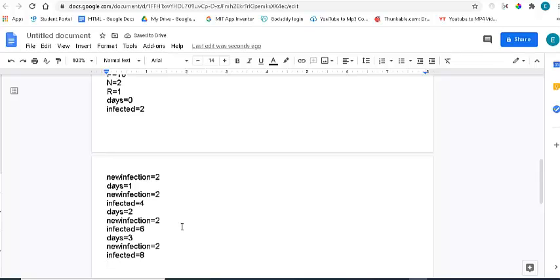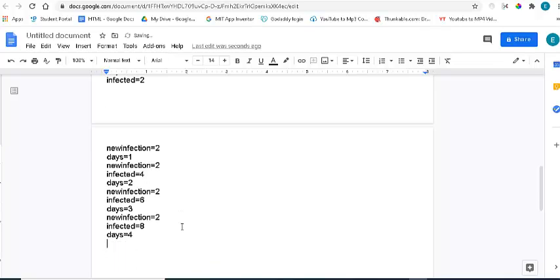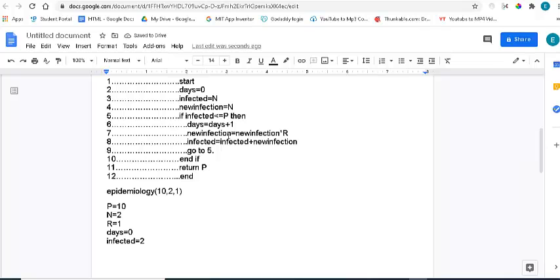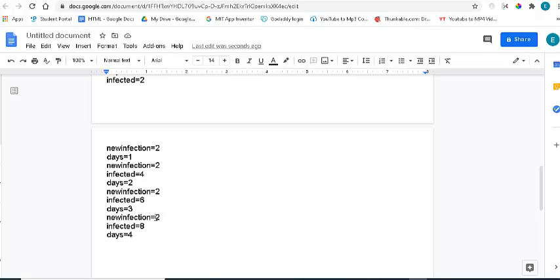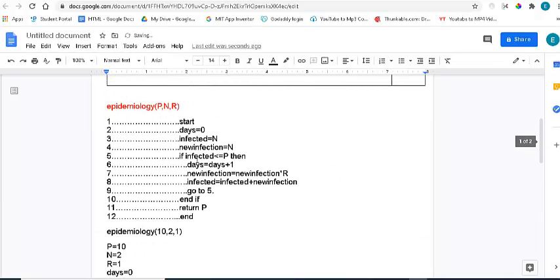Then it goes to the top of the loop. Is 8 less than or equal to 10? Yes. Then it's going to increment days. Days becomes 4. And the new infection becomes the previous one times r. New infection previously was 2 times 1, which is r. This gives us again 2. Again, it's going to be added to infected. So infected becomes 10. Now it's going to go to the top of the loop, and it says is infected, which is 10,